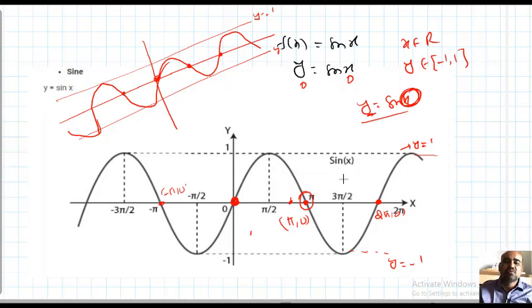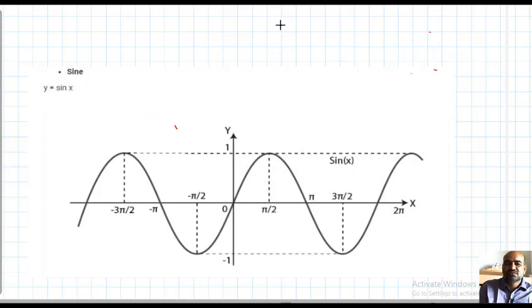Students, listen, we want to identify where the graph intersects the x-axis. At those points, the y coordinates are 0. Indirectly, you want to find the x values so that y equals 0, just like sin x equal to 0. For what values of x does this happen? Observe here: at 0, at pi, at 2 pi, at minus pi. Again I will write this because it is very, very important. What is the conclusion? f of x equal to sin x.